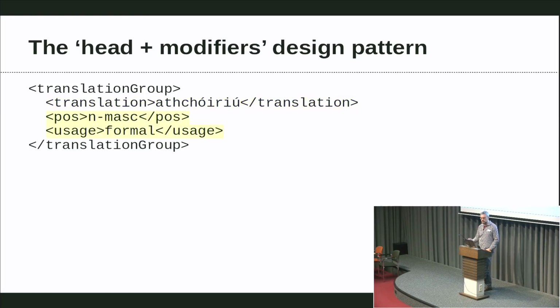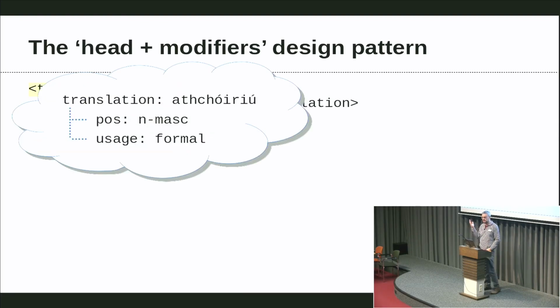These are some additional information about it, such as its part of speech labels, some usage labels, and so on, and this groups them together. Okay, so this is a pattern we see everywhere in lexicography, not only on translations, but on usage examples, collocations, and many other things. It's everywhere in lexicography. So the mental structure behind this is that it's a tree structure like this, where you